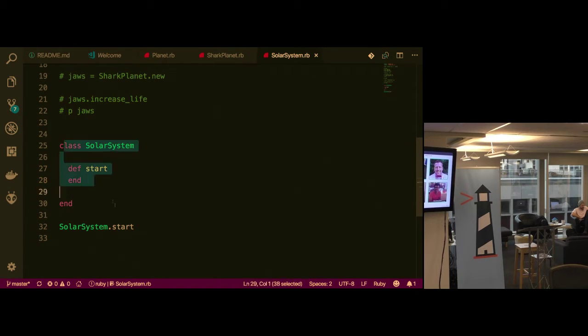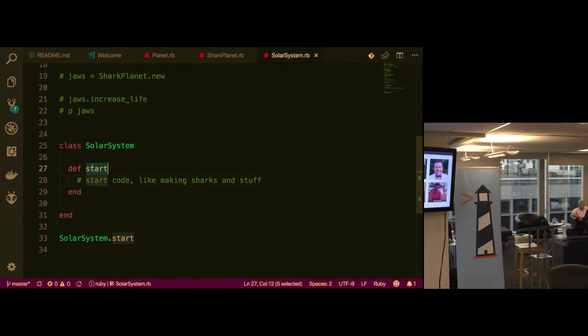If I write my class out this way, will it work? And here's like all my start code, like making sharks and stuff. Why wouldn't that work? Yeah, right?